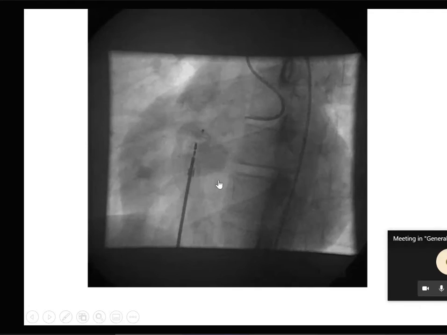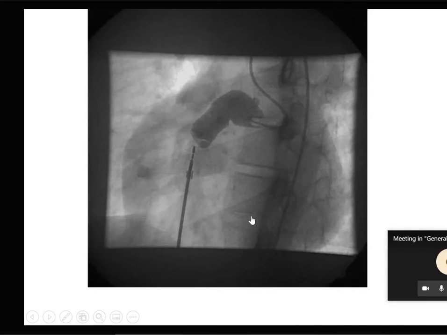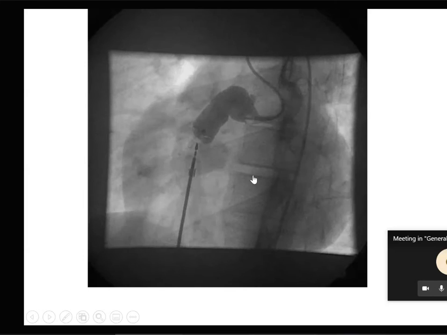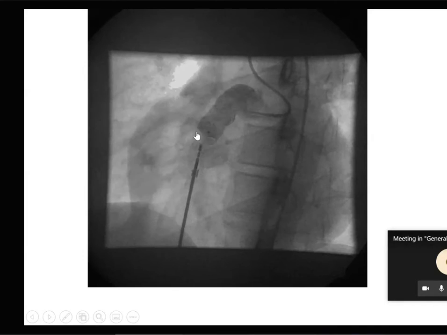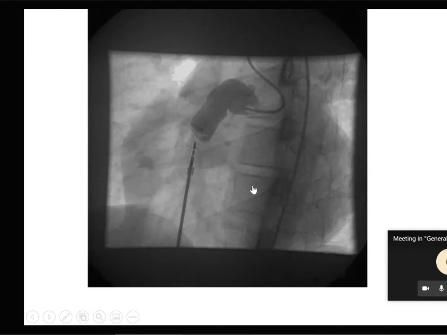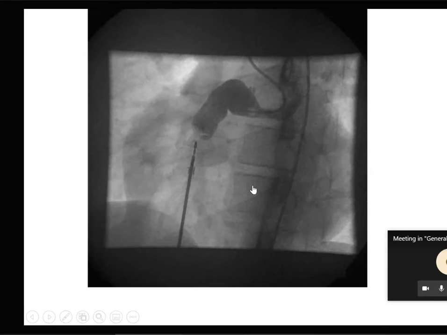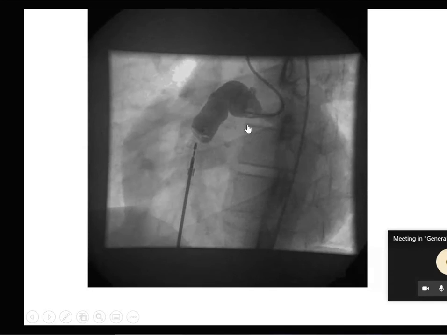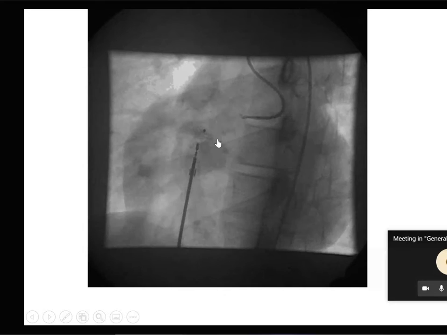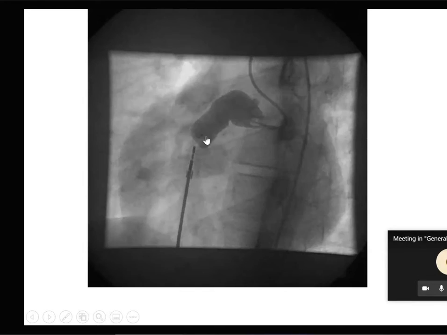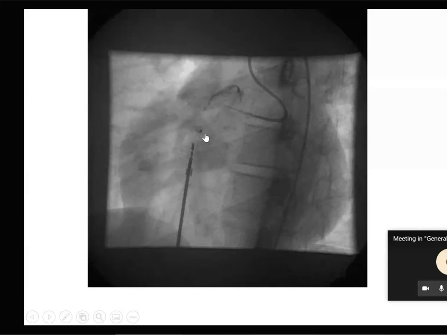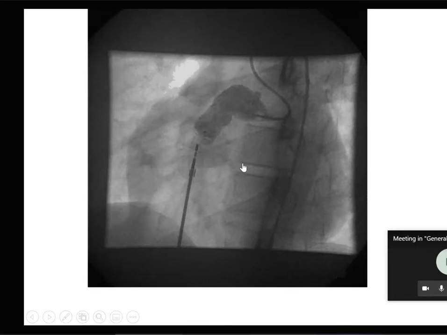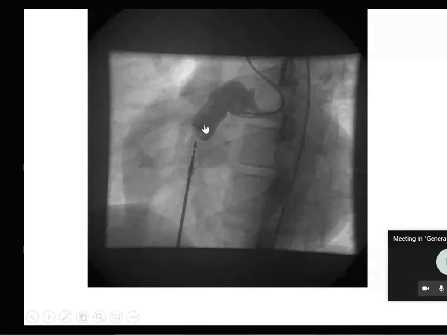Okay, what will you do for this? Vascular plug, sir. Not vascular plug. What is this device? ADO. It's a ductal occluder, the usual ductal occluder. Okay. So how do you identify the ductal occluder? Single retention disc is ADO1, sir. Yeah, this is ADO. Two retention discs, then ADO2. Yeah, very good. This is ADO1.